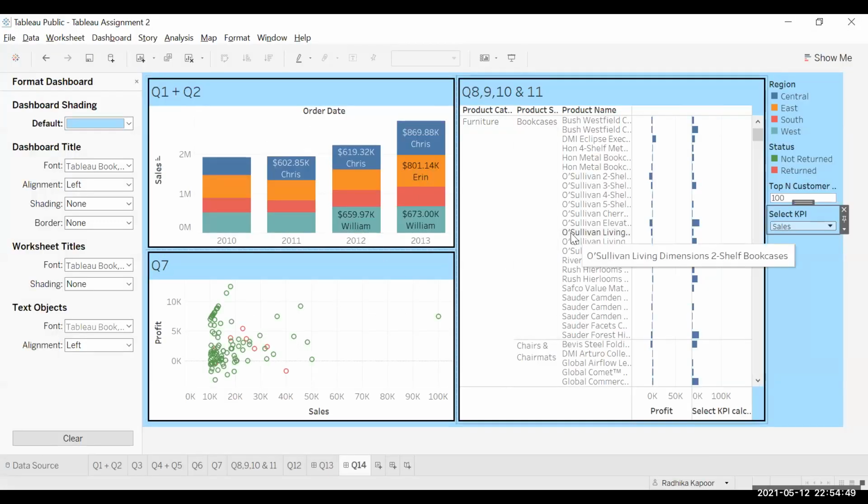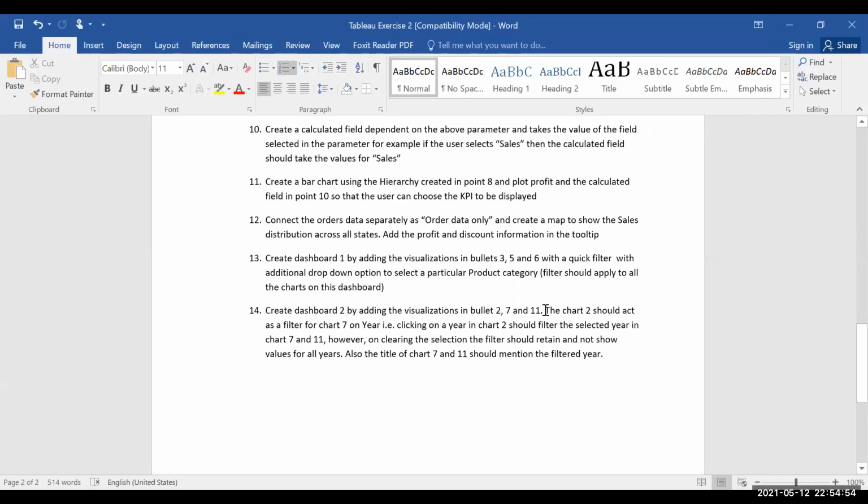Then they're saying chart 2 should act as a filter for chart 7 on year. That is, clicking on a year in chart 2 should filter the selected year in chart 7 and 11. However, on clearing the selection, the filter should retain and not show values for all the years. Also, the title of chart 7 and 11 should mention the filtered year.